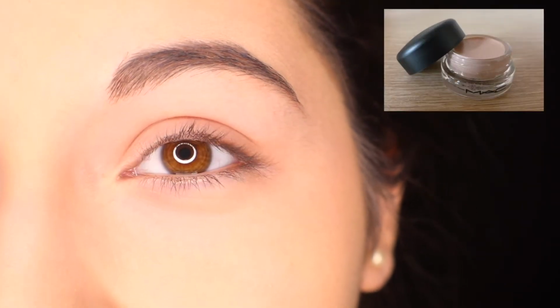As I said, it is going to be a bridal style makeup tutorial, so I'm going to have to zoom you guys in so you guys can really see what I'm doing on my eyes. I'm just going to be focusing on one eye today, and then you guys will see the final look at the end where I will have both eyes done and my hair down, and it will hopefully look okay. To start off, I'm going to be using the MAC Painterly Paint Pot, and I'm going to just